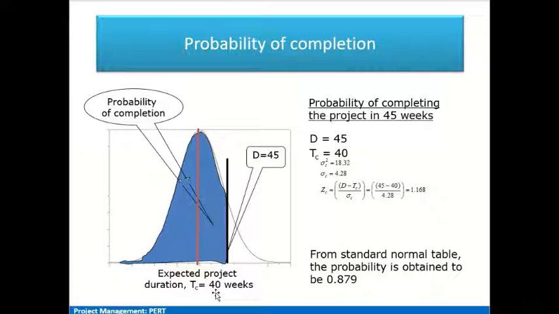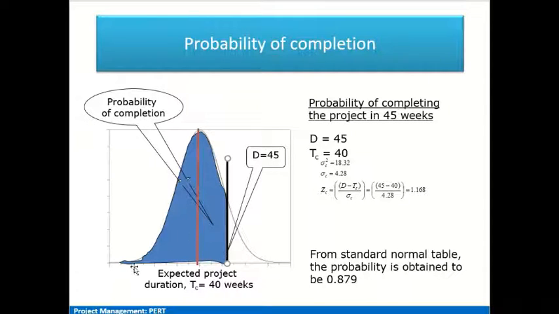So what we are saying is that the expected project duration timings are also distributed as a normal distribution plot, and the mean, the average, is the 40 weeks duration which we expect. That is the maximum expectation which you are having. But in case the project gets extended, it might take 45 weeks instead of 40. So what is that probability?